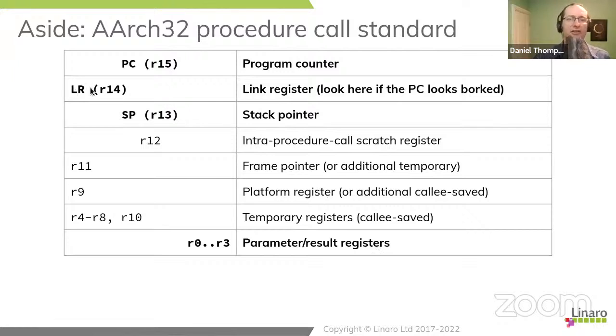The other one that's valuable is the link register. So if the program counter is bad, the link register is good, that's usually a following of a bad function pointer. So if you followed a bad function pointer, the link register contains the place we followed it from, because when you call a function pointer, that's a function entry.